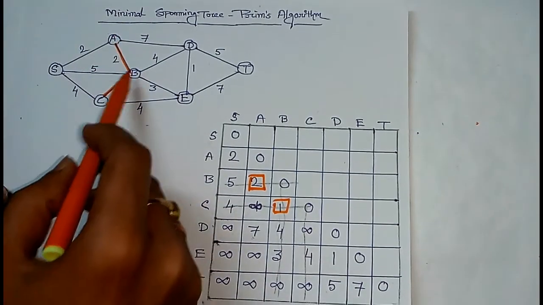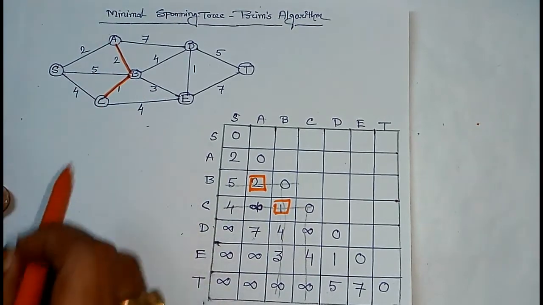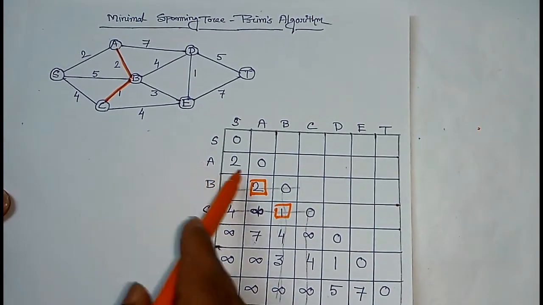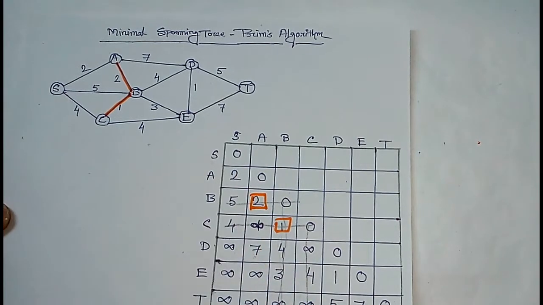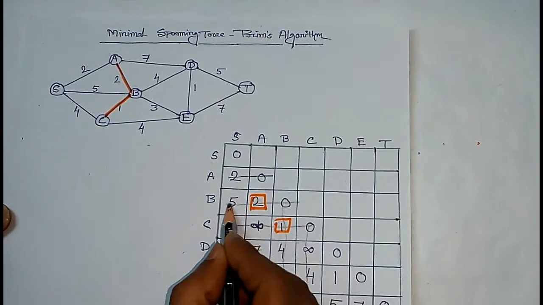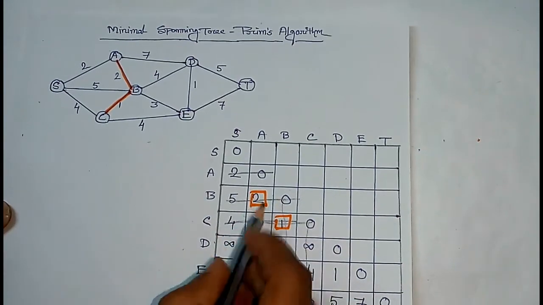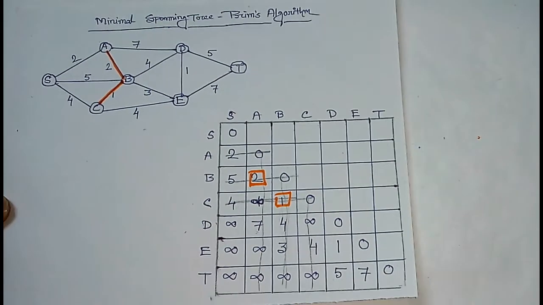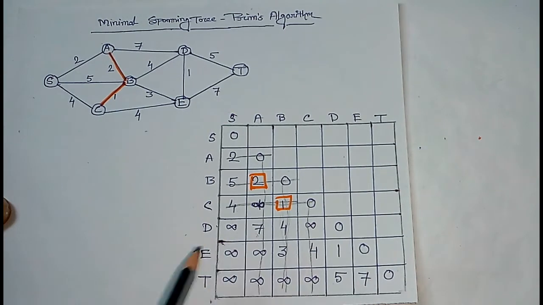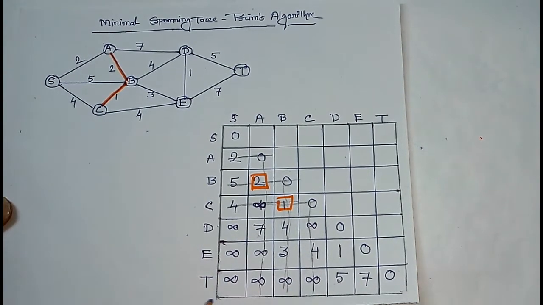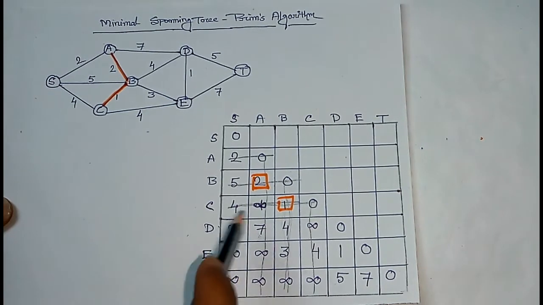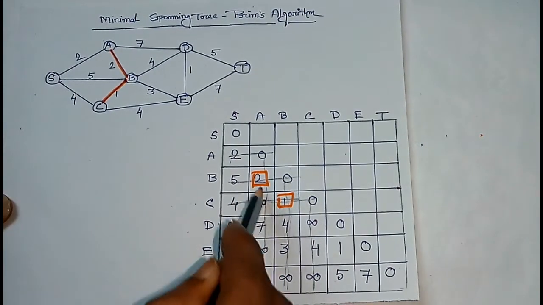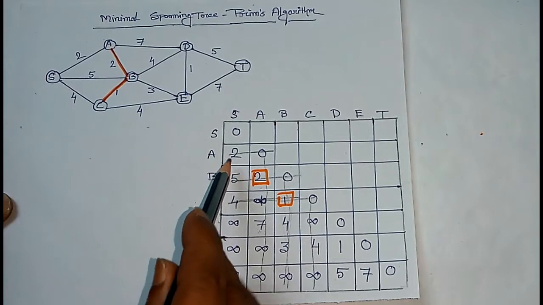Now we have 3 vertices and 2 connected edges. In the next step we have to consider 3 rows and 3 columns. The rows are A, B, C, and the 3 columns are A, B and C. From these 3 rows and 3 columns we find that the next minimum elements are these 2. Obviously we shall not consider these 2 elements because they are already picked. So the next minimum element is 2.